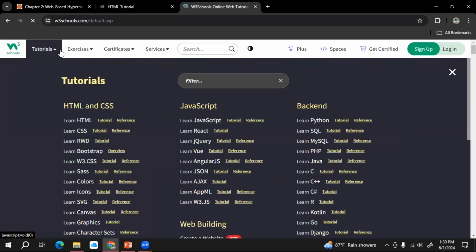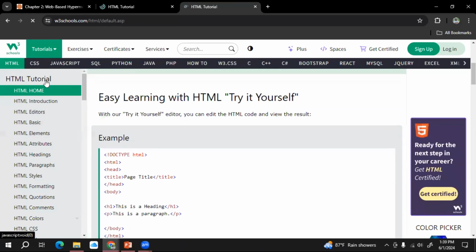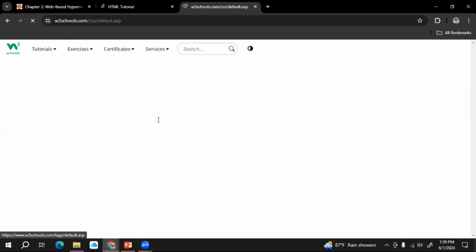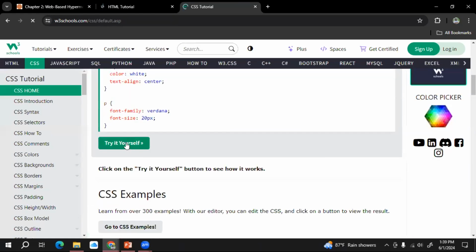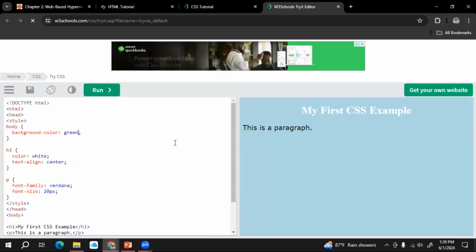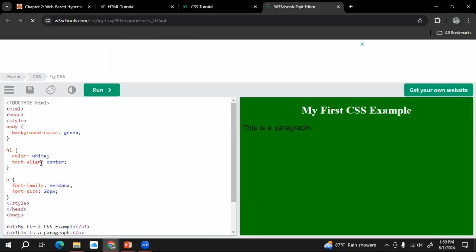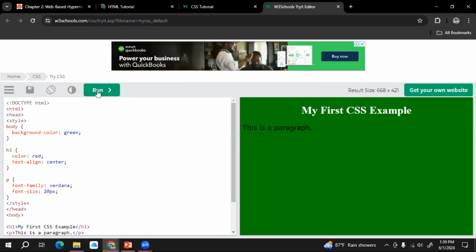We'll try a different one. It will change the content, right? The content will depend on the user activities. If I change this one to red or something, it will change the content.